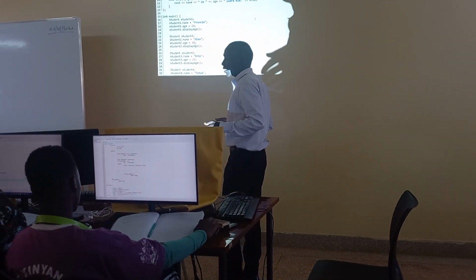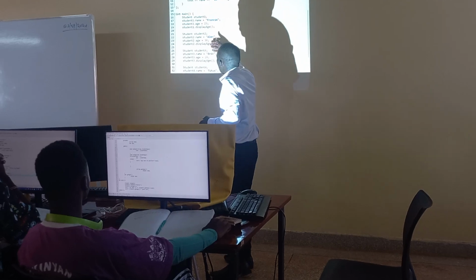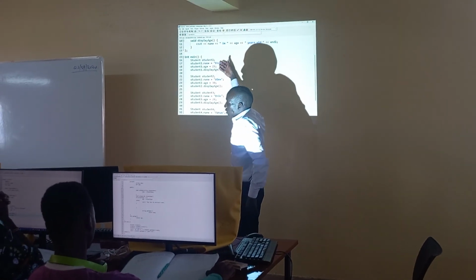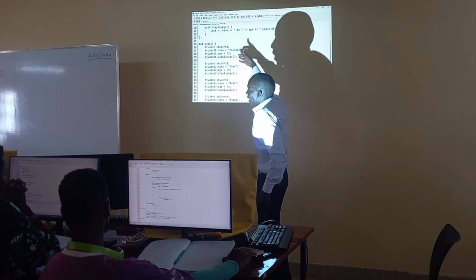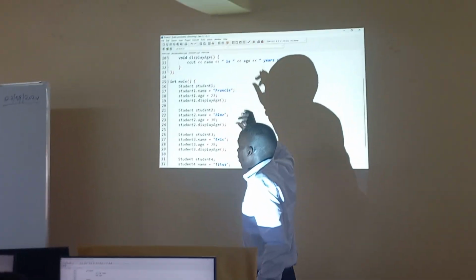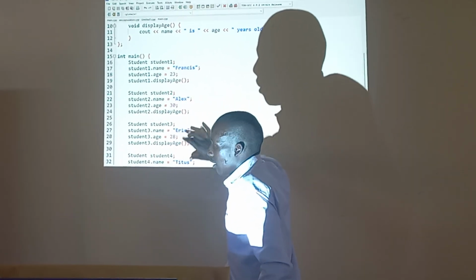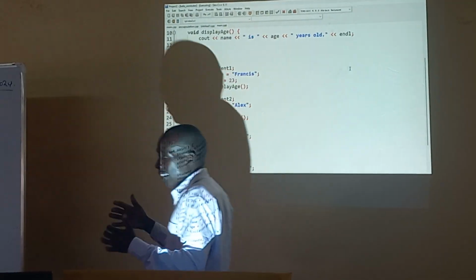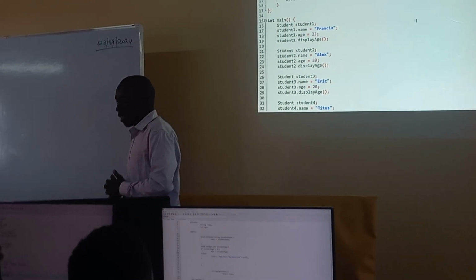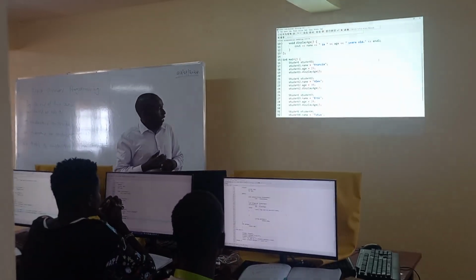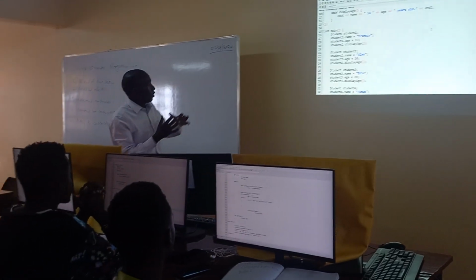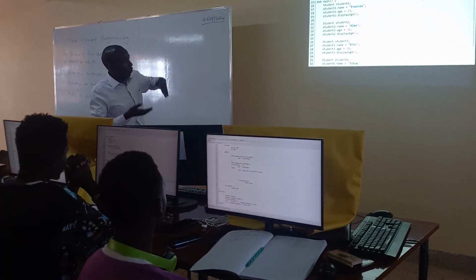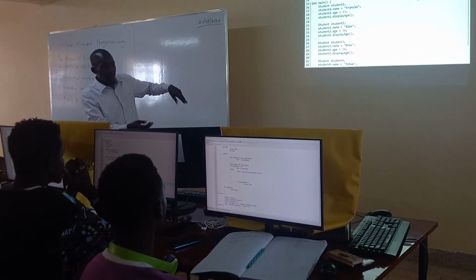Now, if you see this program in our main function, you see that it's a lot of code. There's a lot of repetition. Each student is initialized with his or her values, then the other student. If you see this, it's very tiresome. Is that clear? I don't want us to just code for every student, every time.